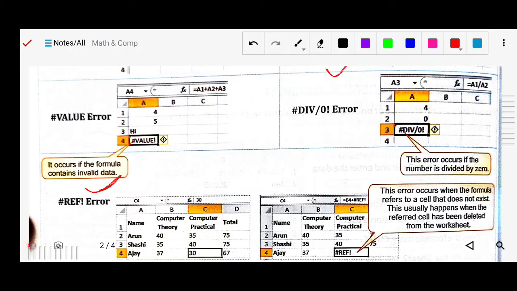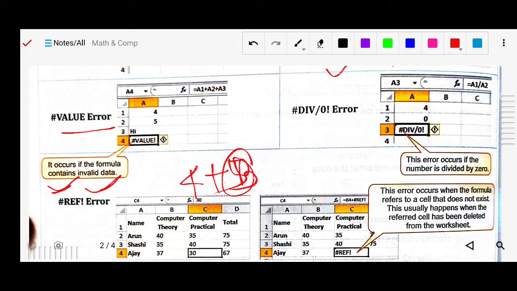Or suppose you are adding two numbers, 4 plus 5, and in the place of 5 you have entered an alphabet like B or any letter. In that case you are using invalid data, so the hash value error will be displayed.